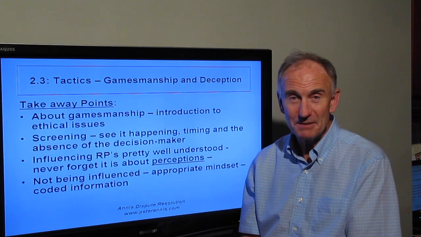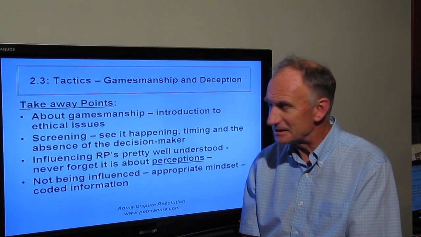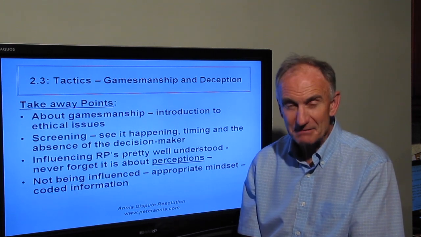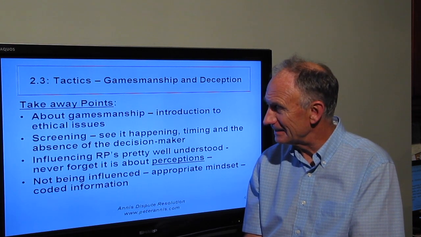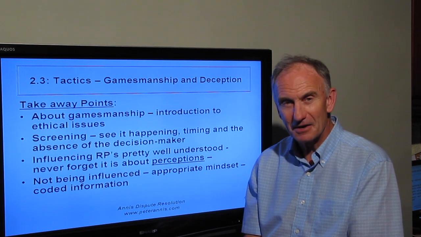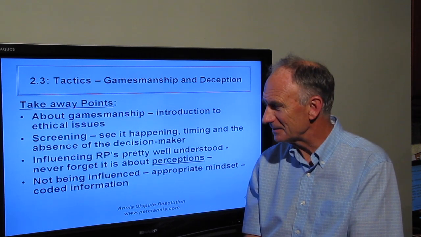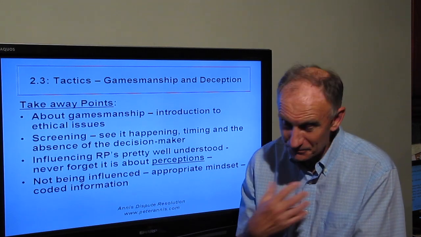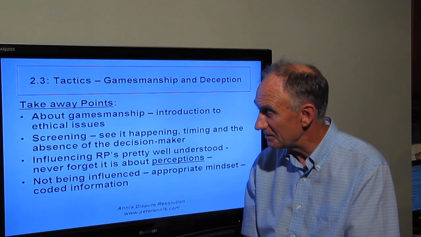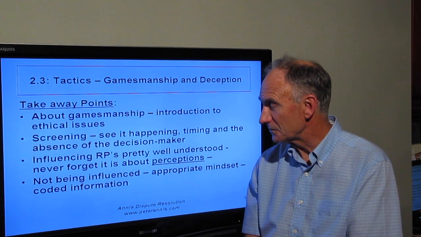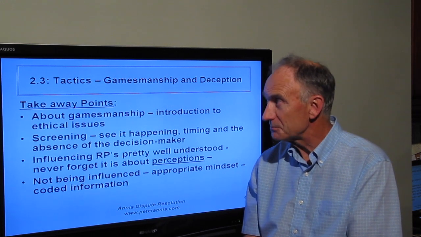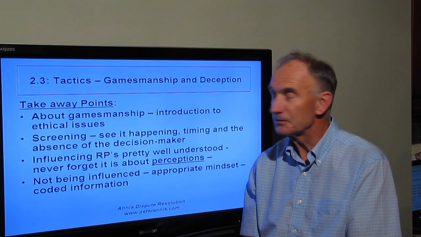Screening, yeah, I think people don't understand the importance of screening sometimes, and these people don't seem to be participating, but no, it's part of a plan, and when they come in influencing. And basically you really got to concentrate on what influencing means and what they're trying to do. You, of course, go through the whole process here, you should have all the tactics yourself on how to influence others, and you'll have a better idea of what's going on and some of the more subtle tactics that are used. So I think that's probably it, and so we're done that.